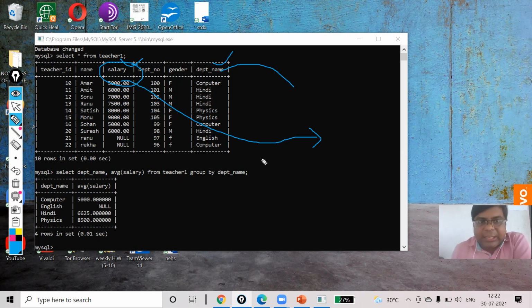If it is computer, how many persons are there who are getting salary? Here we are getting only two, my dear. 5,000 and the second one is 5,000. This one is also there, but will it be counted? No, my dear. It will never be counted.